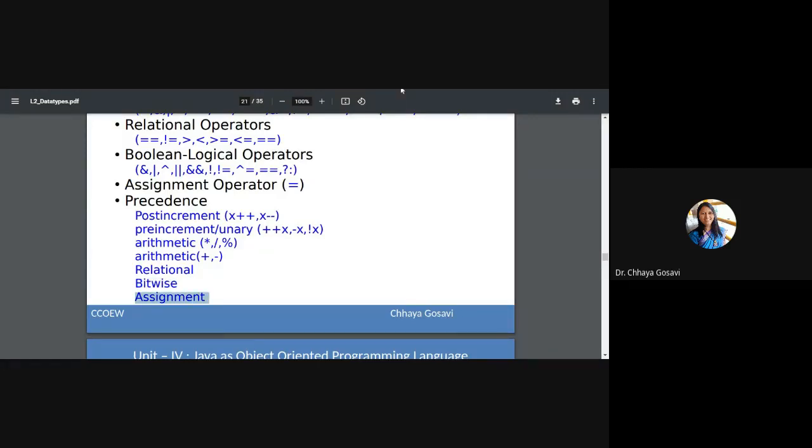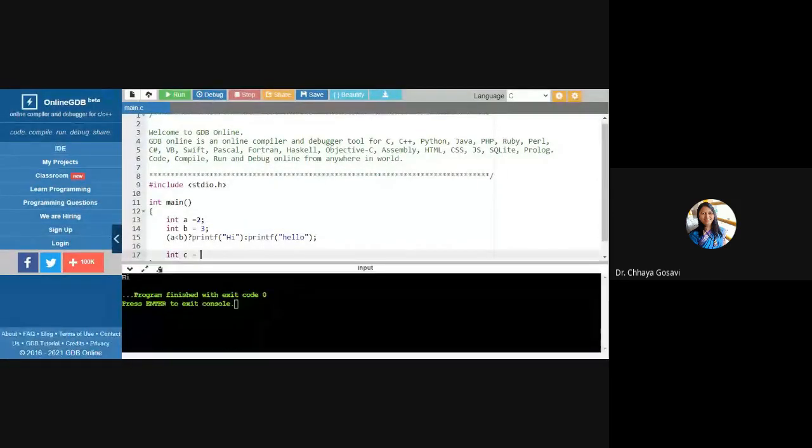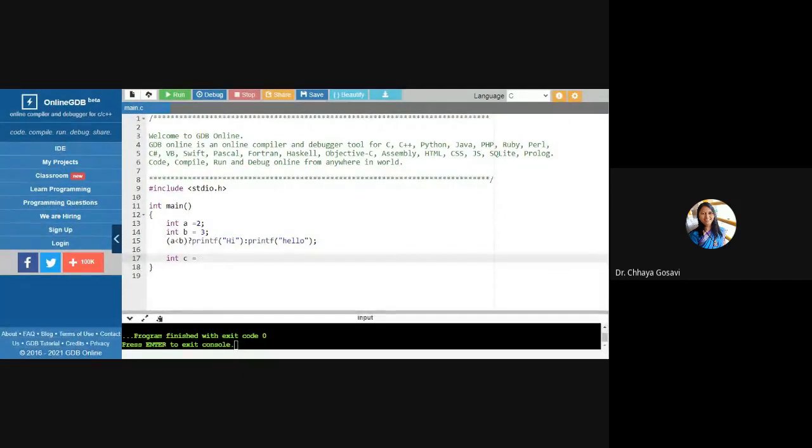So if you have given input like this: integer C is equal to, say, plus A minus B slash, say, 10 into 2.